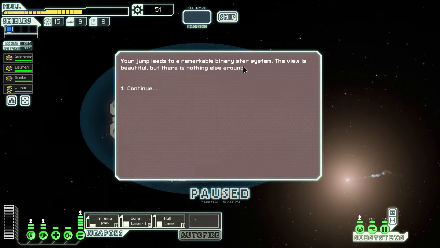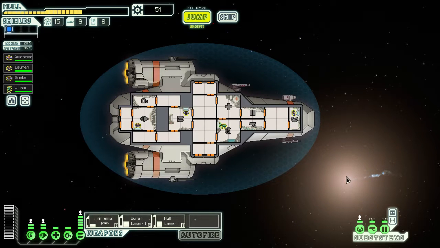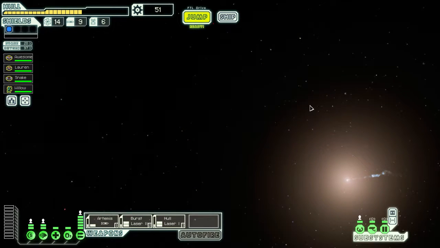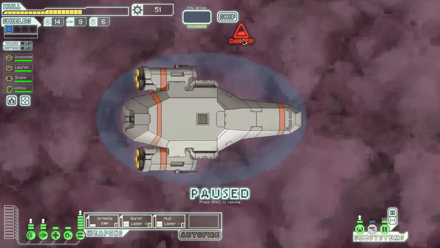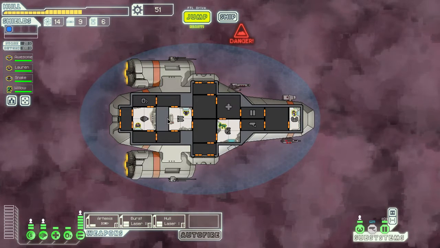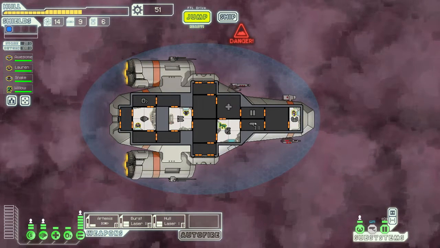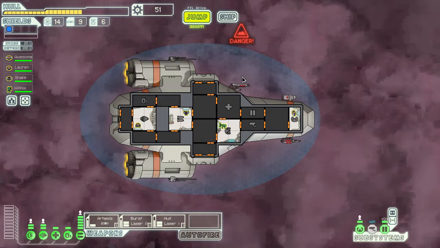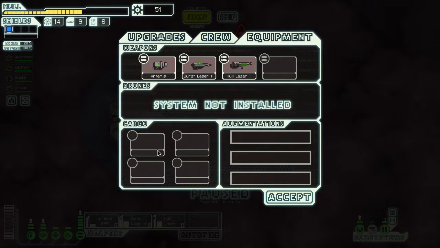Ooh, this binary system is quite remarkable. Look at that. Look at that background. That's remarkable. Oh, we're in danger because we're in a nebula. So, when we're in a nebula, it means that our internal sensors get busted. What I haven't done yet, which I can do if I wanted to, was upgrade